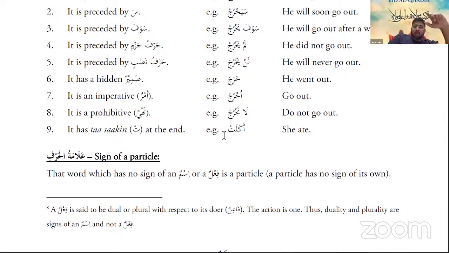So listen carefully. Jar is the state of a noun getting a kasra. Harf jar means the particle which gives kasra. So when a noun gets a kasra, it's in the state of jar. The things which give a noun a kasra are called harf jar. Harf meaning particle of jar, which gives it a kasra. And in the Arabic language, not all particles give kasra. Some particles give a fatha, some give a dhamma as well.